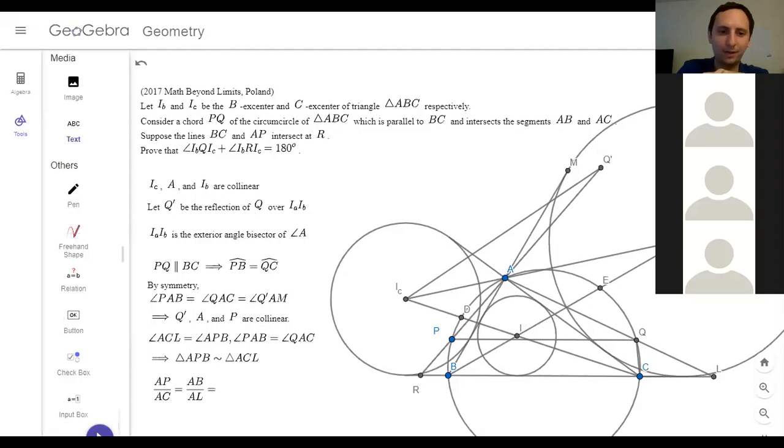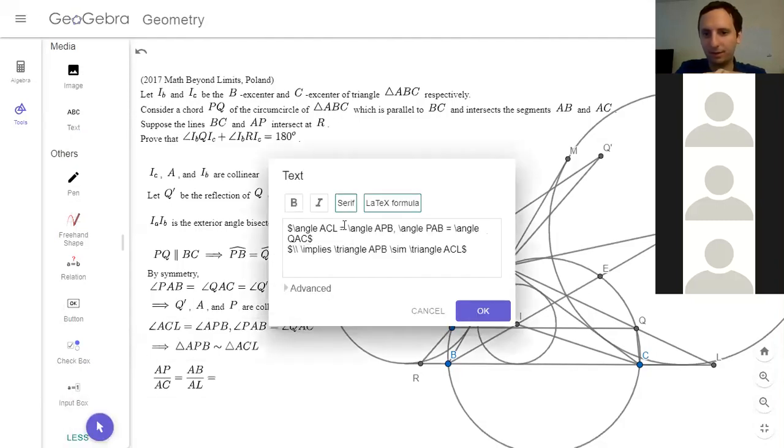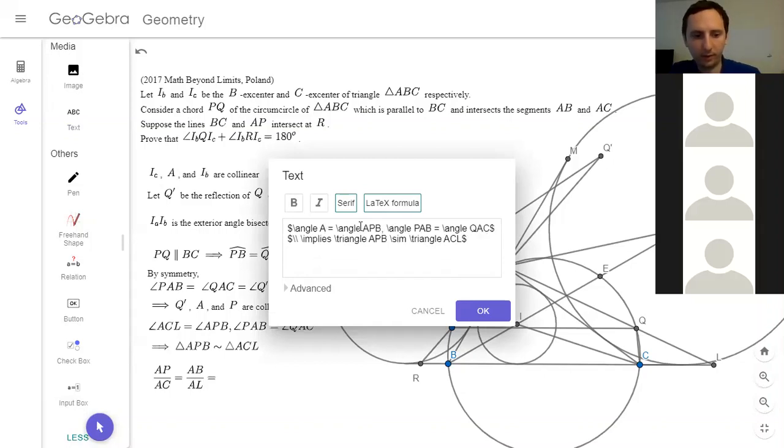Because we need AQ prime. So we have angle AQC is equal to angle ADR, and that angle still works,